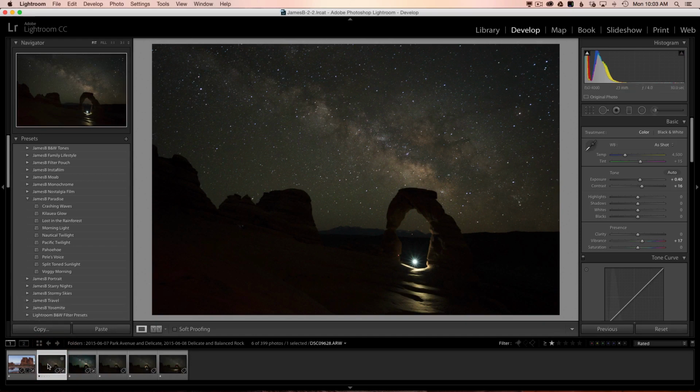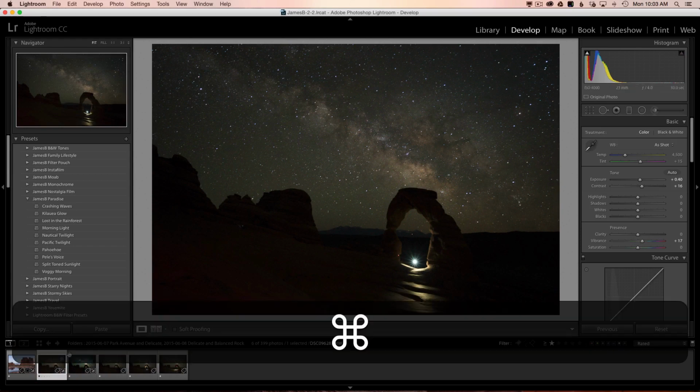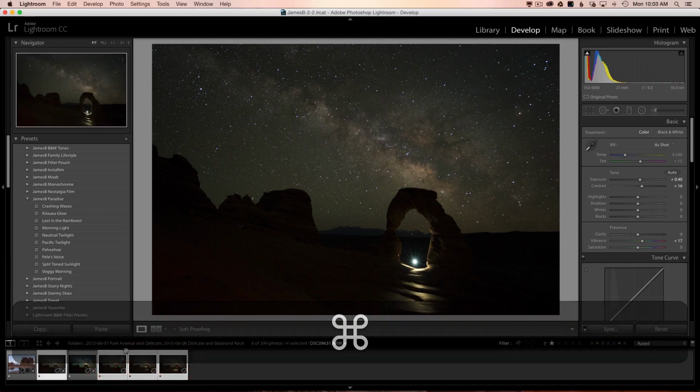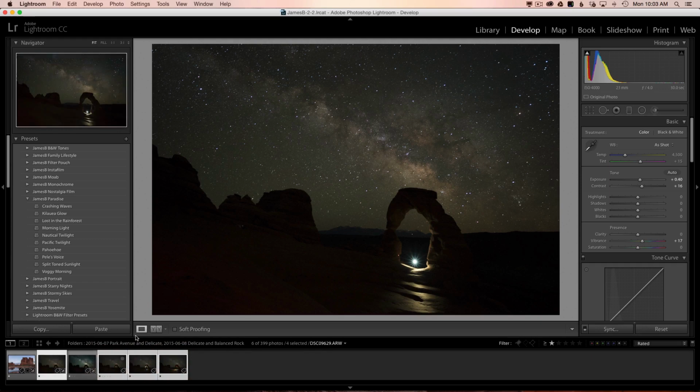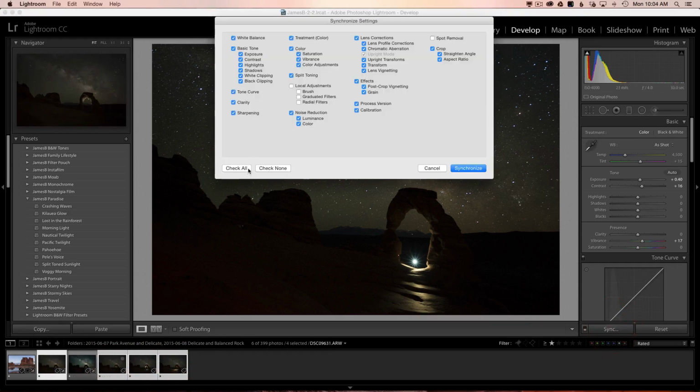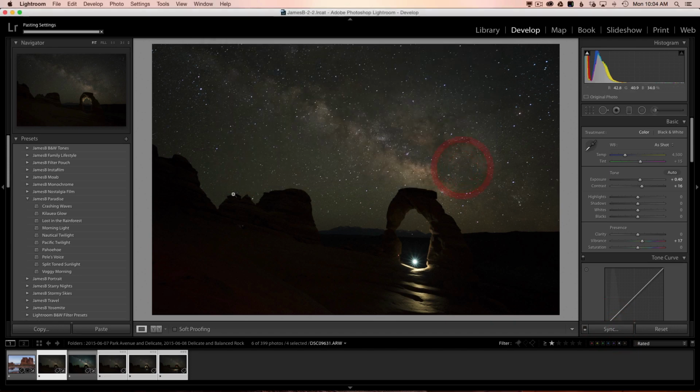So I'm going to hold down Command or Control and then click these other exposures like that, skipping the sky one because we don't want to mess with that one. And then I'll come over here to sync, and then I think I can get away with just checking all because I did pretty minor stuff, nothing major, so I don't have to worry about anything else, but that should sync those up. Okay, and now I will click this one right here for the sky,